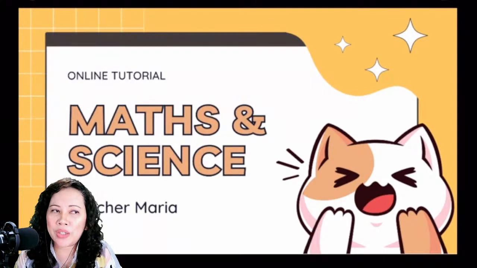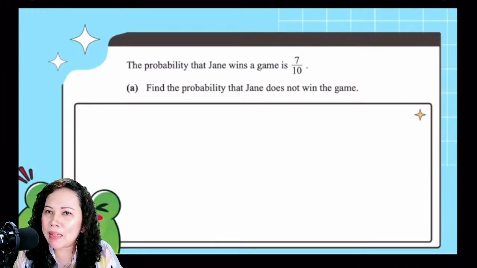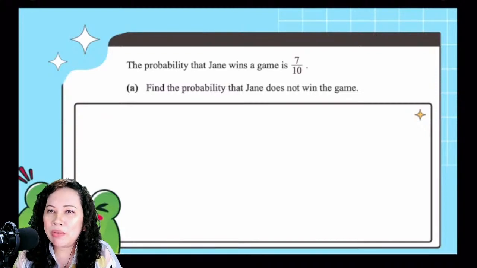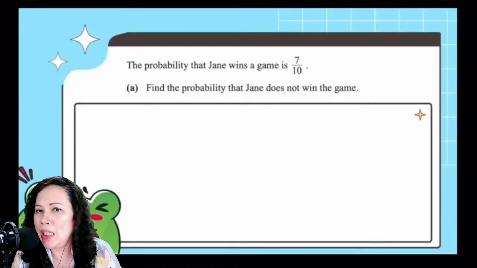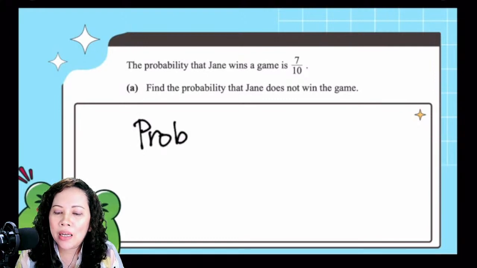So this is one of the questions that you would get from paper 2. You will have a mix of the topics. You will have probability here, you will have algebra here, you will have sets and Venn diagrams. You will also have graphs here, but mostly it will be the descriptive graphs like bar graphs. And you will have as well your different types of questions with circles and even shapes. So for this question, the probability, as we know, when we talk about probability, probability is always the possibility or the chances that a certain event